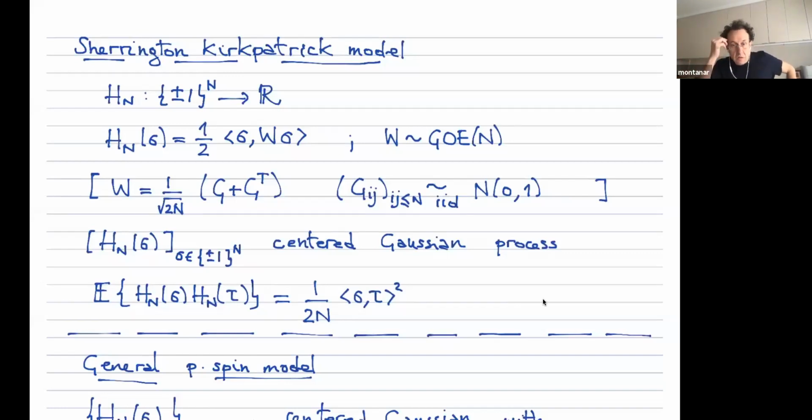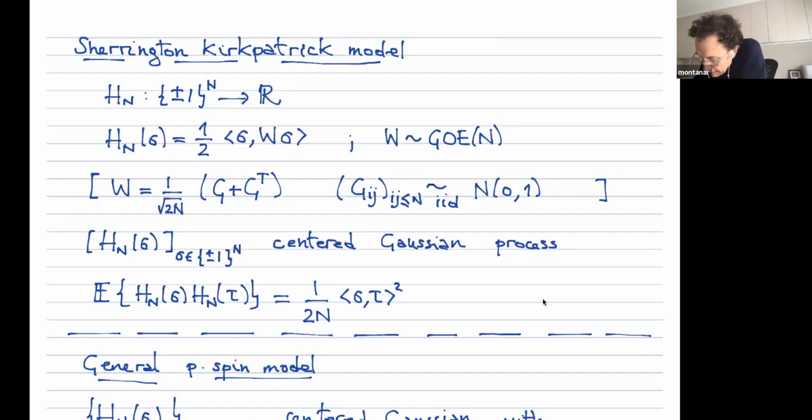Okay, so today I'm going to switch problems. If you were not following the previous lecture, you shouldn't miss too much. I'm going to talk about spin glasses and some algorithmic aspects. I want to be self-contained, so let me start from the beginning. I'll introduce two spin glass models. In fact, one is a generalization of the other, but let me start with the simplest one, that is the